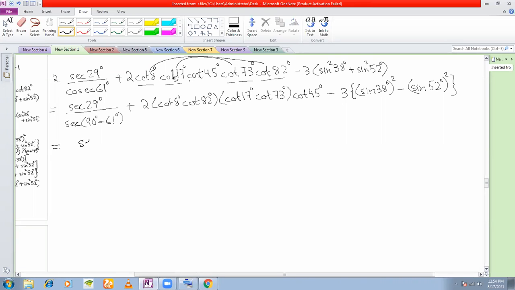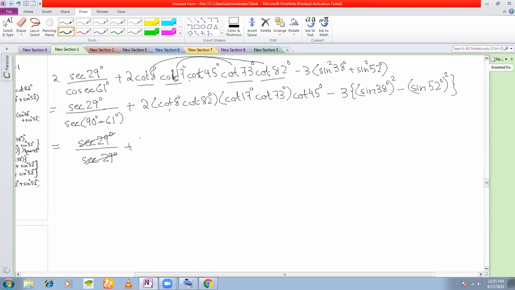So look here, starting from here once again, I get sec 29 degree divided by sec 29 degrees, so that they cancel. So you get 1 here only. Plus, now look at this, cot 8, cot 82. Now you know that cot can be changed to tan. So you either change this cot to tan or you change this cot to tan. Either of the two you can do, but any one you have to do. Okay. Why you have to do any one?